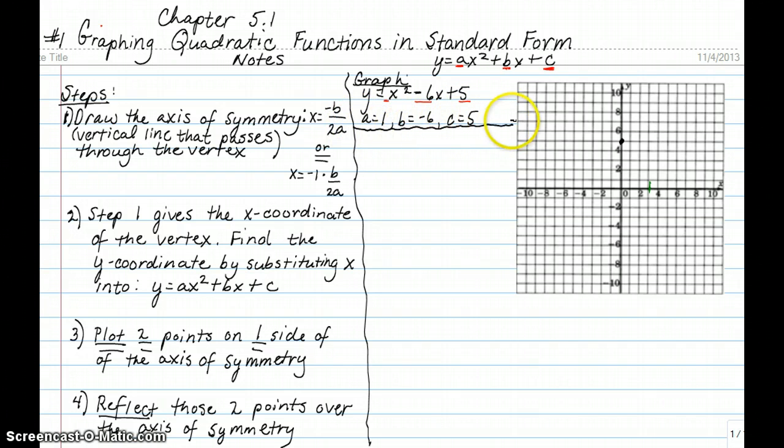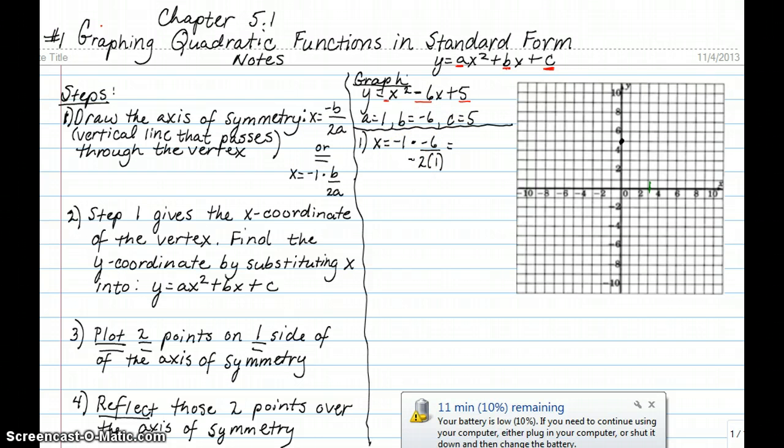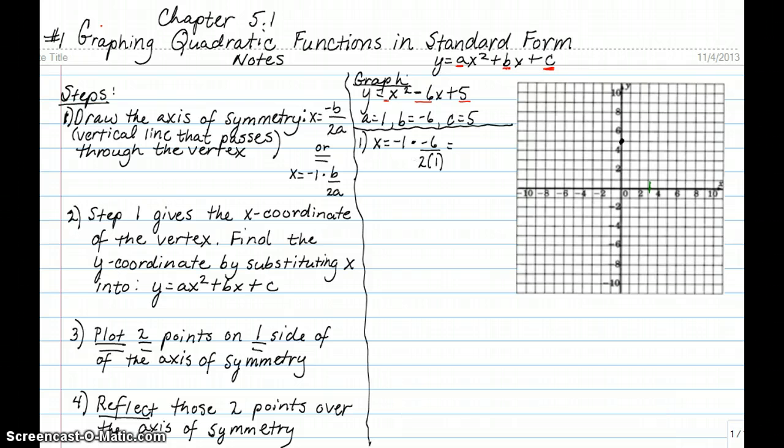Now once you've done that, then you can go ahead and do your step 1, which is to find your vertex. We're going to use this x equals negative 1 times b is negative 6 over 2, and a is 1 times 1. A negative times a negative is a positive, so 1 times anything is that thing, so it's going to be positive 6 over 2. 2 times 1 is 2. 6 divided by 2 is 3. So that's your x